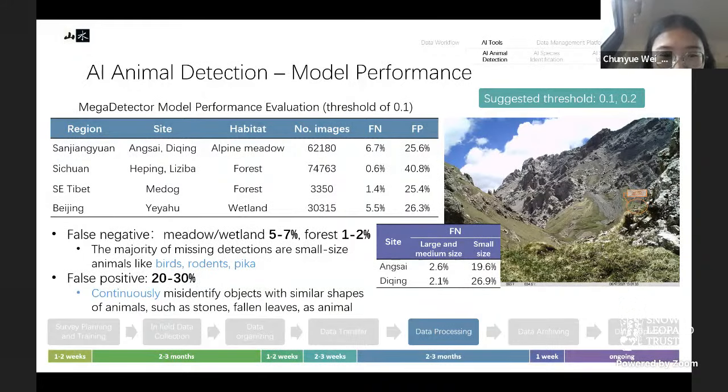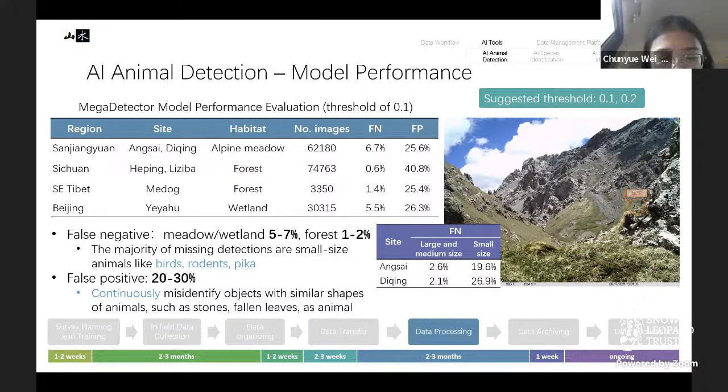On the other hand, the false positive rate is generally 20 to 30%, which means that the AI model can effectively remove 70 to 80% of the blank images, while leaving the rest of them